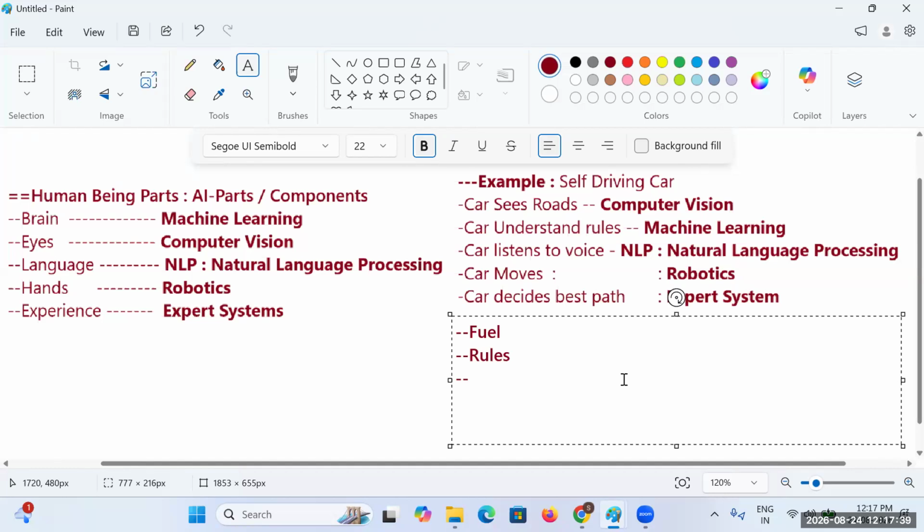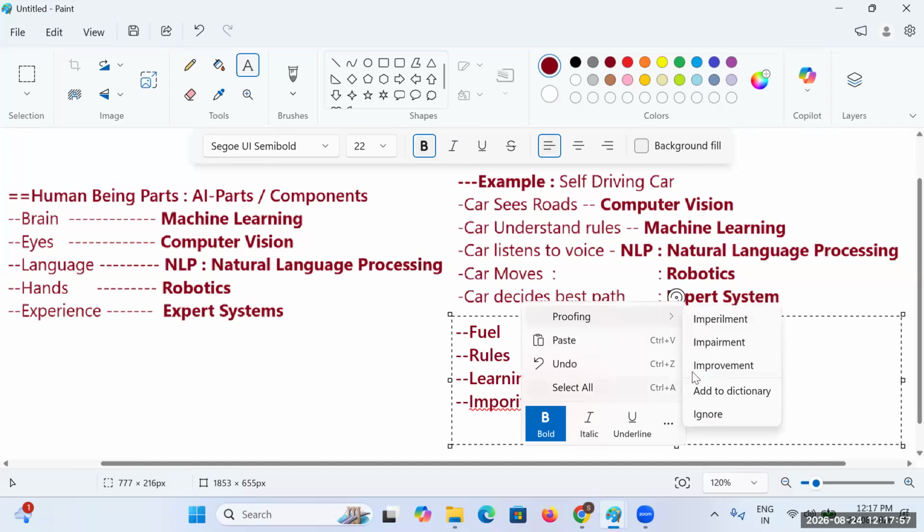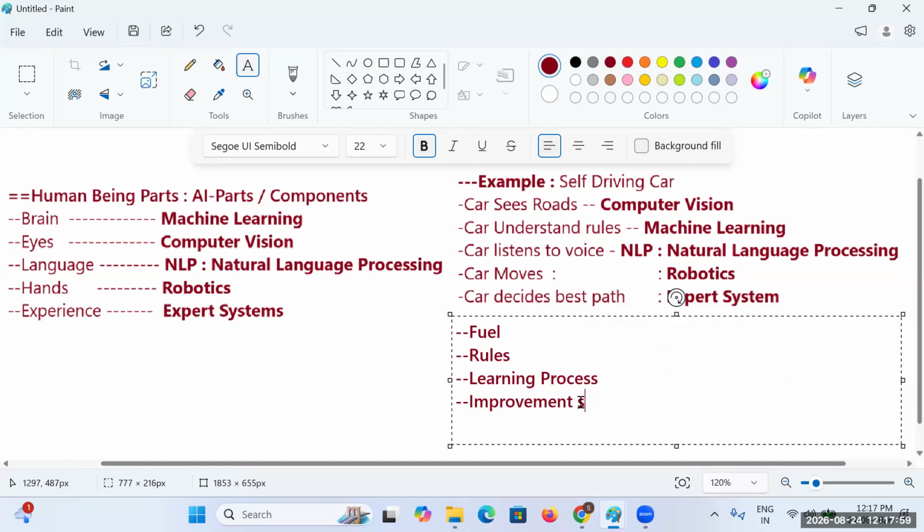And along with that, day to day, the car's performance also needs to be improved on a day-to-day basis. And then you will be taking the last one, which you will be mentioning, with these particular steps.